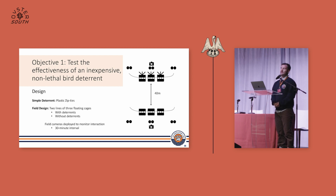Each of the lines had 3 cages on them. As you can see, on the top is our treatment cages, which have the deterrent on them. That's marked by that little TV antenna looking thing. And then the bottom cage is our control cage, which is set up as any normal industry would set up